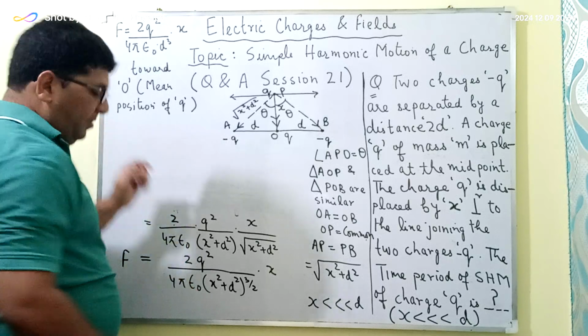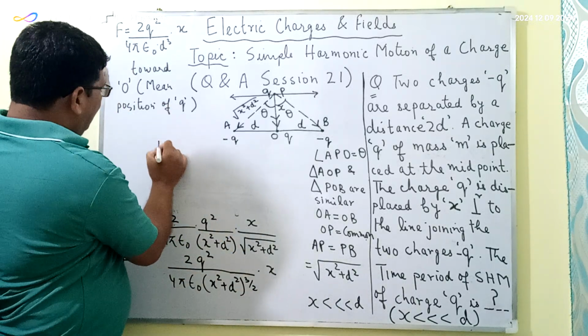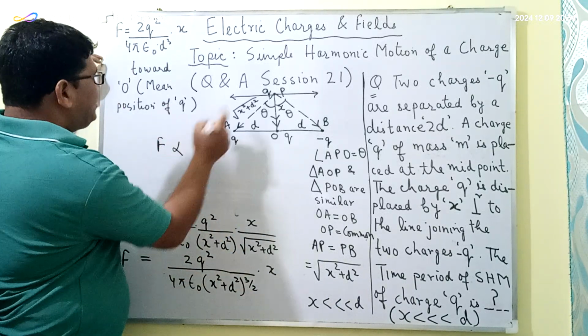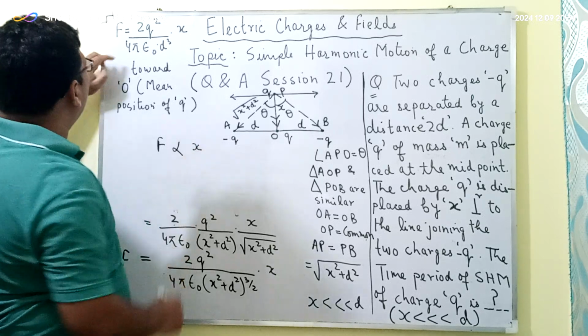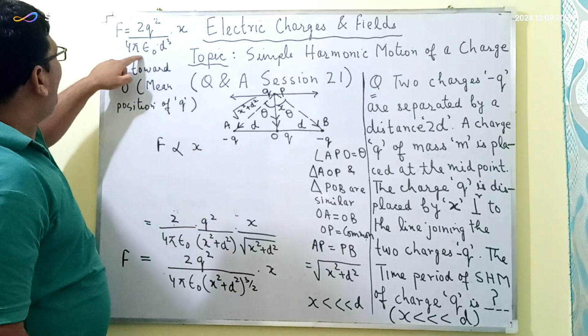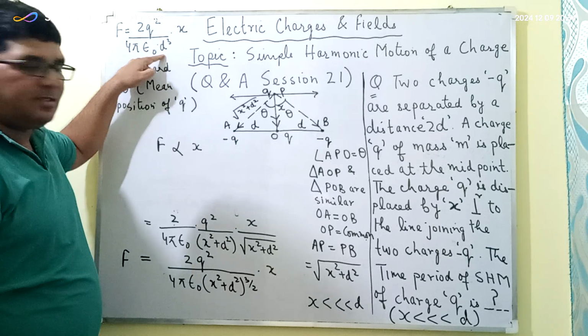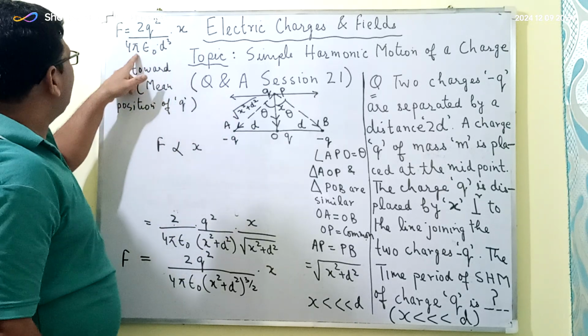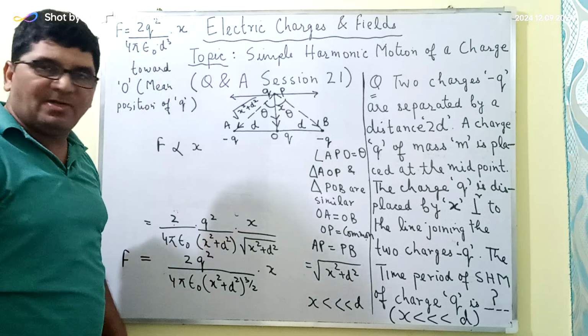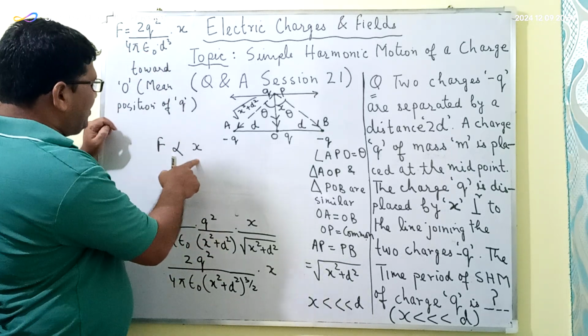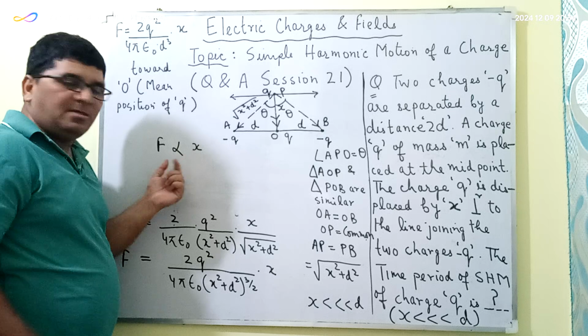So from here we can see that the net force acting on the charge q is directly proportional to x, because 2q square upon 4 pi epsilon naught d cube is a constant. d is a constant, pi is a constant, 4 is a constant, 2 is a constant, q is a constant, and epsilon naught is a constant value. So F is directly proportional to x, the first thing. Second thing,